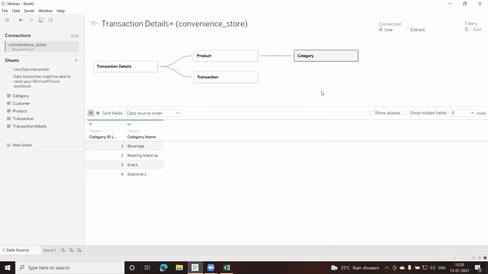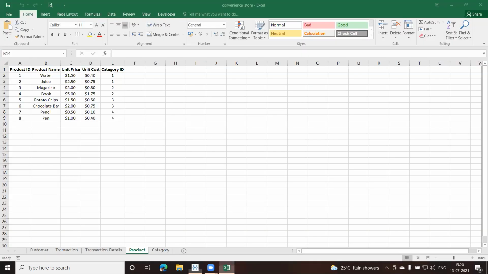So do not totally rely on the relationship which is created by Tableau for you. You have to judge it from the records here. You have to actually get into the records, look at the fields, and understand the data. Understanding the data is very important. What each field is telling you is again very important. In many cases, you'll get databases which do not have the headings, the column headers, and all.